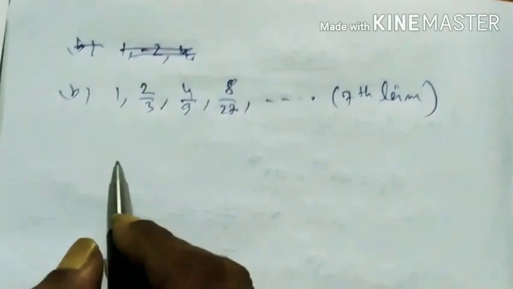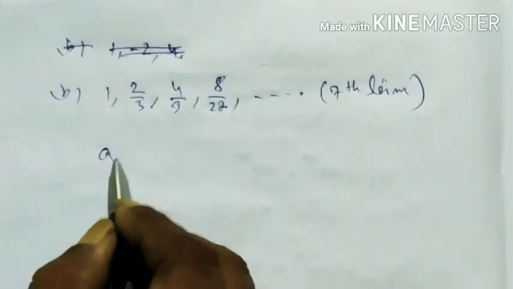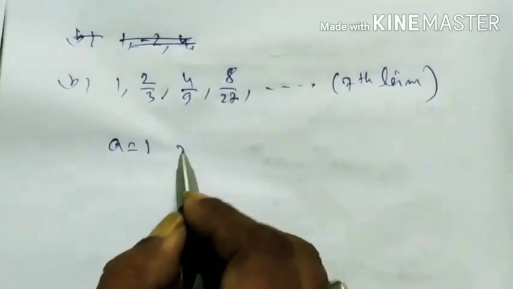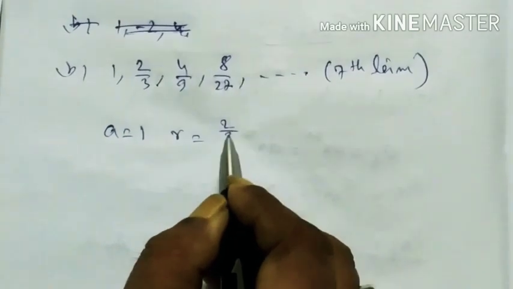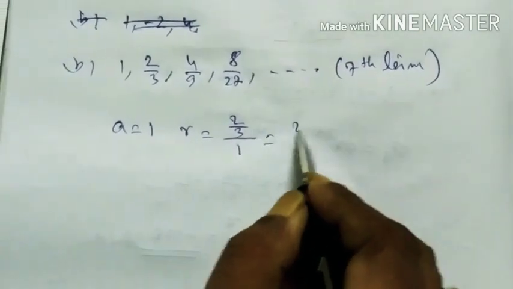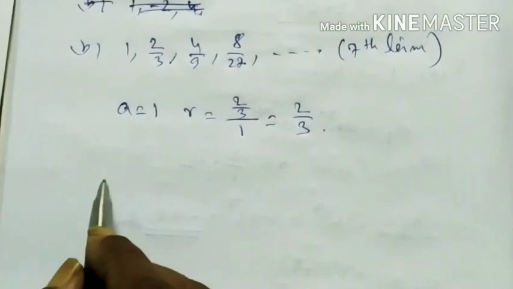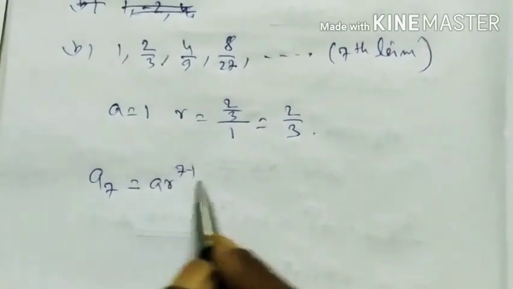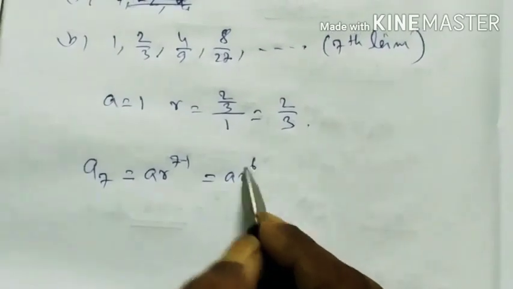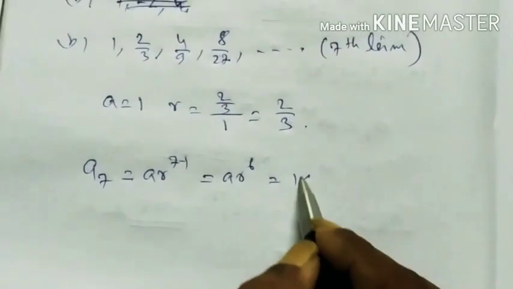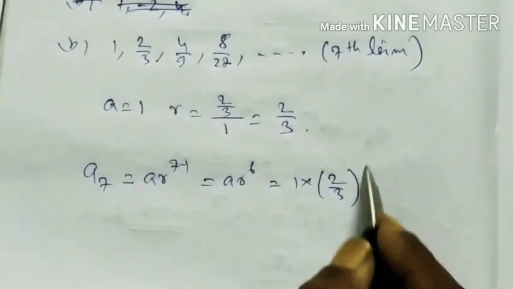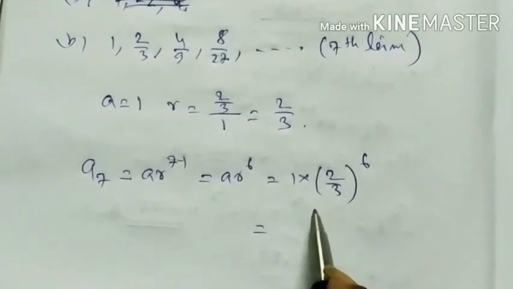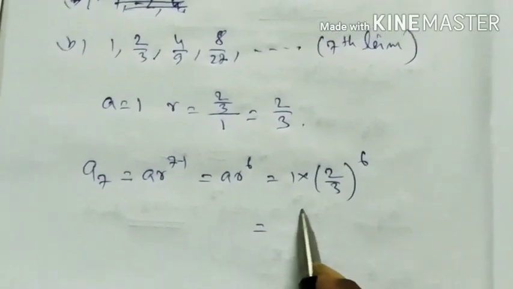Here your A is equal to 1 and r is equal to 2 by 3 divided by 1, which is equal to 2 by 3. We have to find the 7th term, A7, which is A r to the power of 7 minus 1, A r to the power of 6, that is 1 into 2 by 3 to the power of 6. So your answer comes out to be 2 to the power of 6